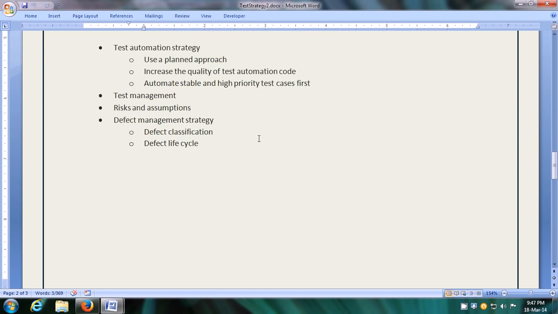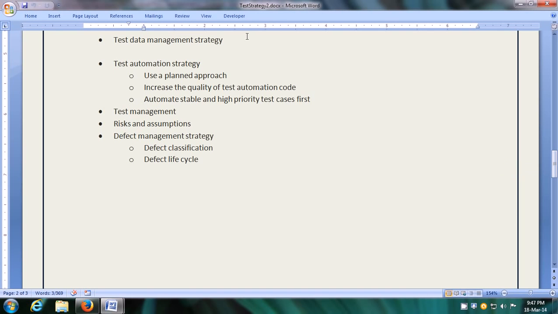Now next, you can specify the test data management strategy. Test data is required for testing because it is an important part of testing. So you can specify the test data management strategy as that production data in the system will be analyzed, and a subset of the production data will be hidden, or the sensitive information in that production data subset will be hidden. For example, confidential customer information like credit card numbers or health records, etc.